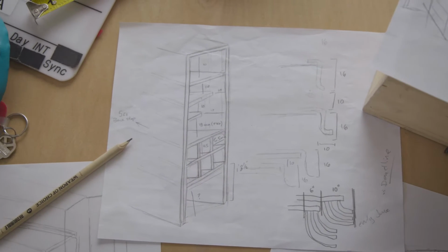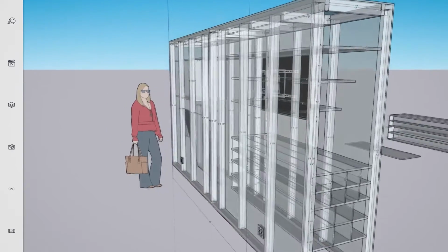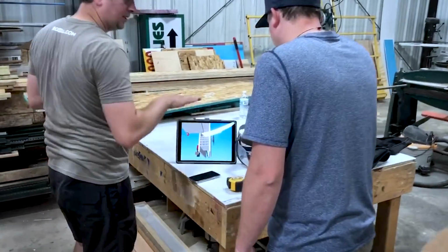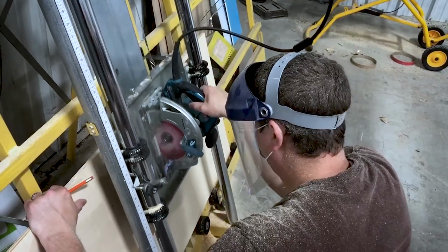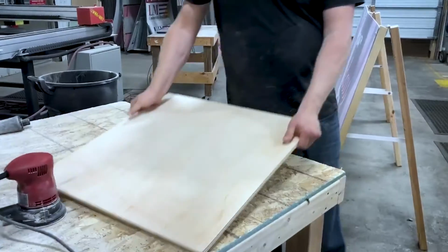After taking measurements of our space and the gear we needed to store, Josh decided to build a 3D rendering in SketchUp. He accounted for each piece of gear and created a custom space for it within the wall. He even took into account what type of wood would be needed for each space depending on what it would be holding. To class it up, we made 56 2x2 tiles, routed the edges, and stained each one with a